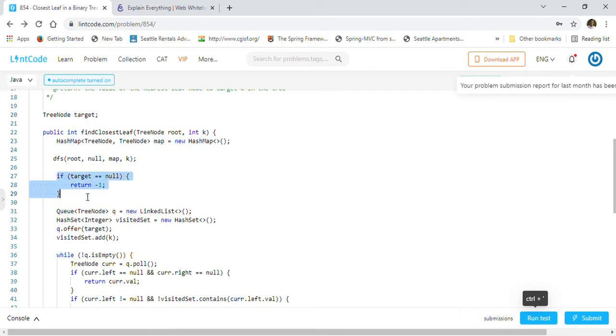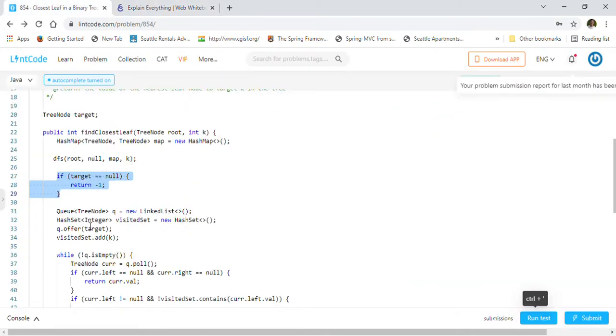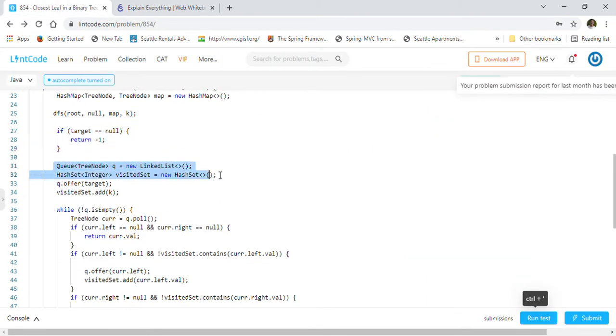So if target is not populated, then we will just return -1, meaning it does not exist in the given tree. For example, if target is given as 20, 20 does not exist in this given tree, so we'll just return -1 in this case. So that's what we are doing. Then we will create a queue here of tree nodes, and then a hash set, because we wanted to keep the nodes that we have visited.